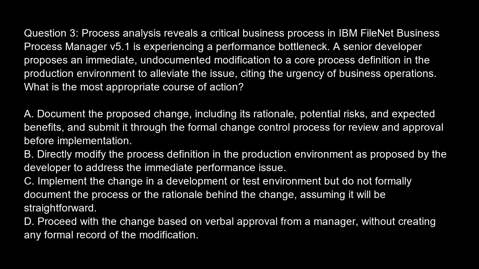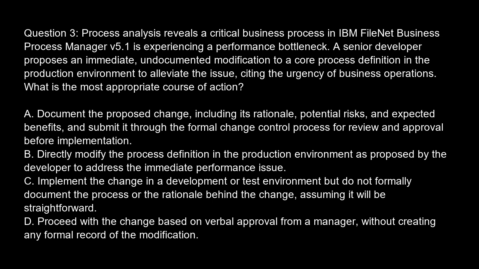What is the most appropriate course of action? Option A. Document the proposed change, including its rationale, potential risks, and expected benefits, and submit it through the formal change control process for review and approval before implementation. Option B. Directly modify the process definition in the production environment as proposed by the developer to address the immediate